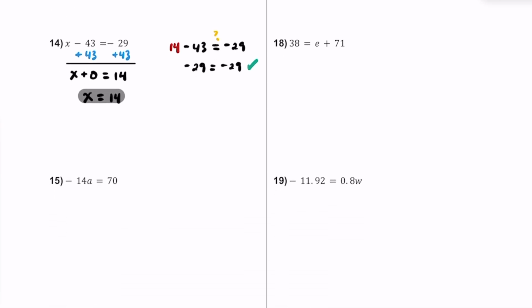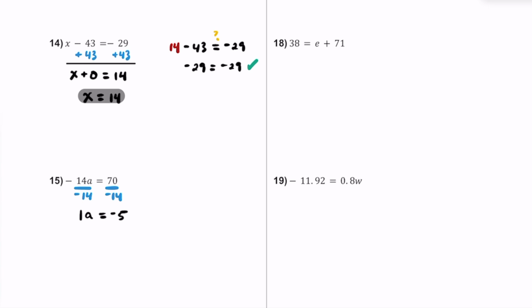All right. For number 15, we have an equation with multiplication in it. So let's say we have negative 14 times something, or a, is equal to 70. Well, instead of multiplying a by negative 14, let's go ahead and then afterwards divide it by negative 14. I'm going to use a fraction bar to show the division. Okay. What happens when you have a negative 14 on top divided by a negative 14 on bottom? Well, negative 14 over negative 14 is just going to be 1. So we're going to have 1 times a equals. And on the right side, 70 divided by negative 14, well, 70 divided by 14 is 5, so this must